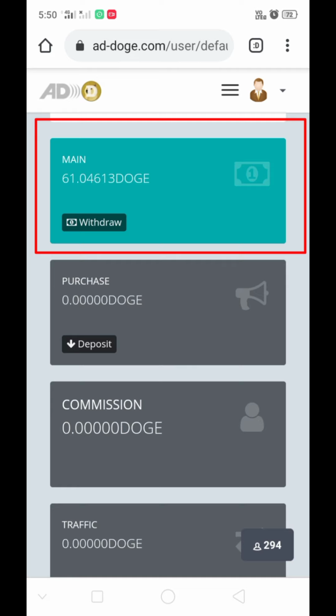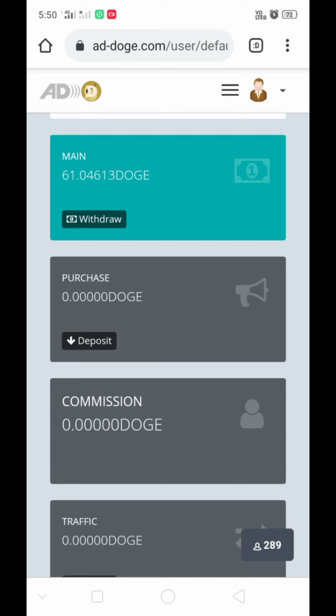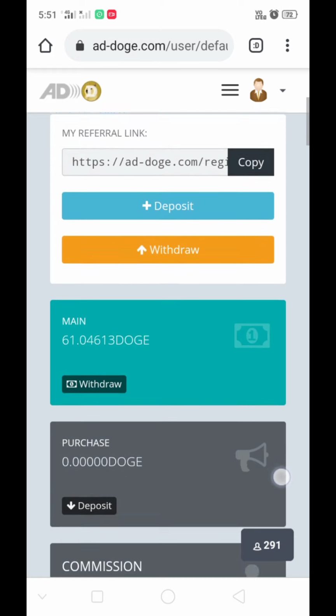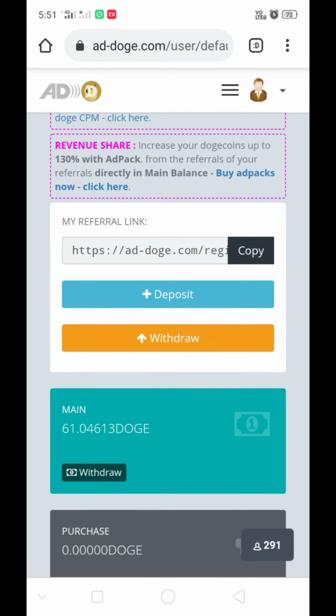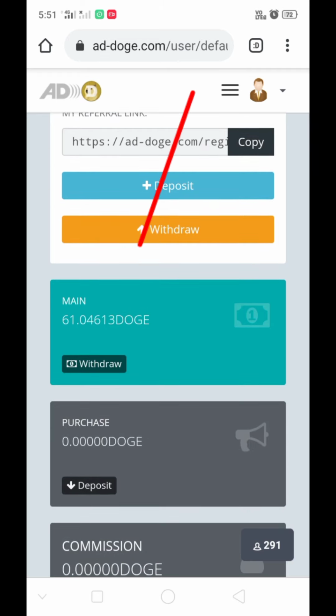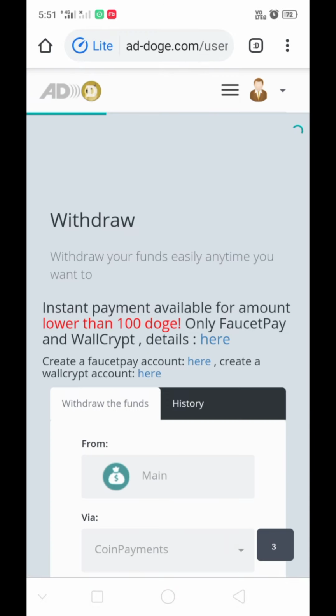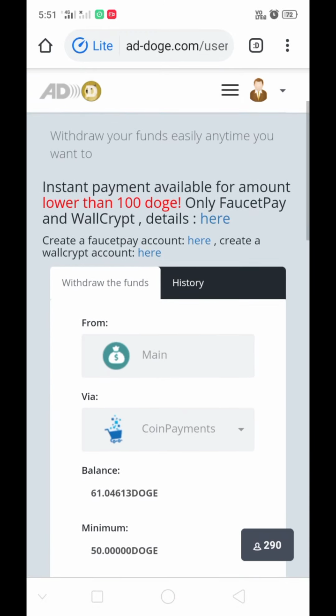Okay, 10 doggy added. Now I will withdraw the doggy coins to my FaucetPay wallet. Go to withdraw. Now click here.